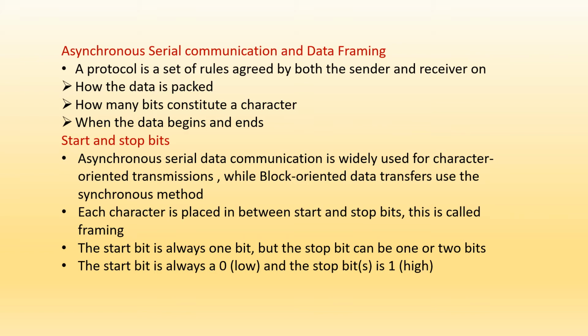So a 7 bit character plus 1 start bit plus 2 stop bits is going to be totally 10 bits in one frame. But now the ASCII character is represented with the 8-bit representation. So now we are using an 8-bit character, 1 start bit and 1 stop bit. Totally a frame makes a total of 10 bits. Whenever I say start bit, it has to be always a 0, and whenever I say stop bit, it has to be 1.